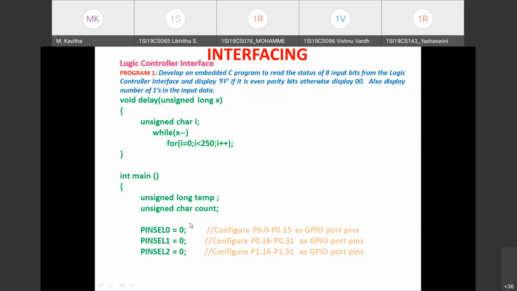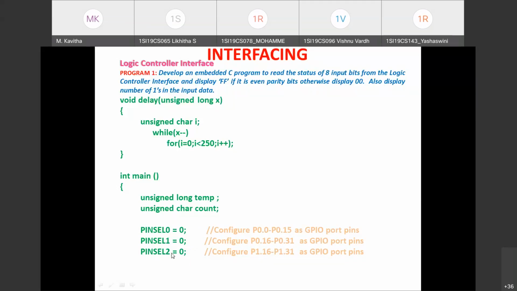Pin select 0 equals 0, pin select 1 equals 0 for configuring the higher order 16 bits of port 0 as GPIO ports, out of which we'll be using port 0.16 to port 0.22. So in higher order, pins 16 to 22 are used. In lower order, only the 15th pin is used. Anyway, we are configuring all these registers.